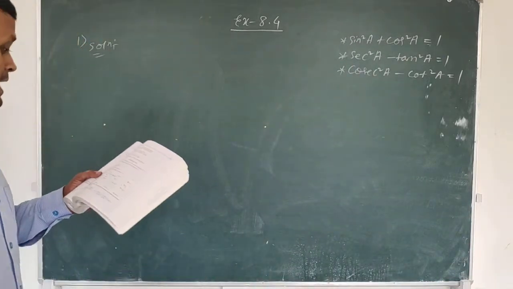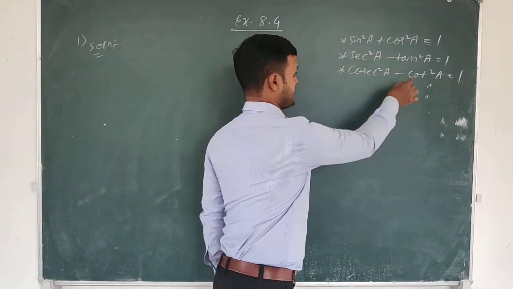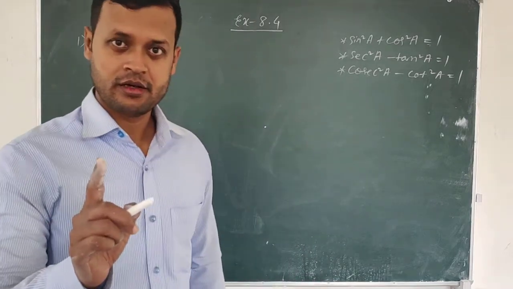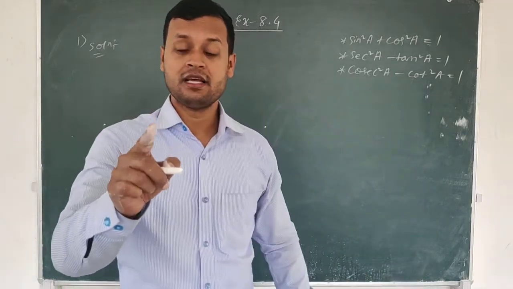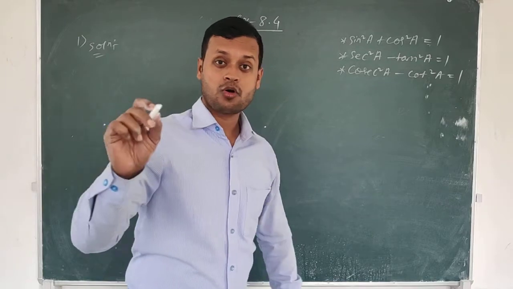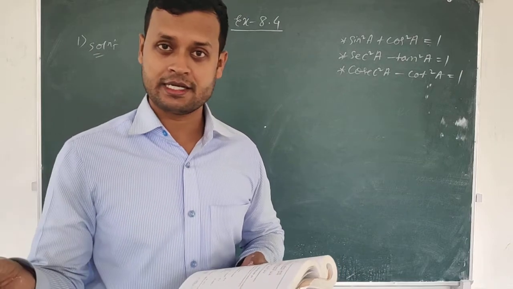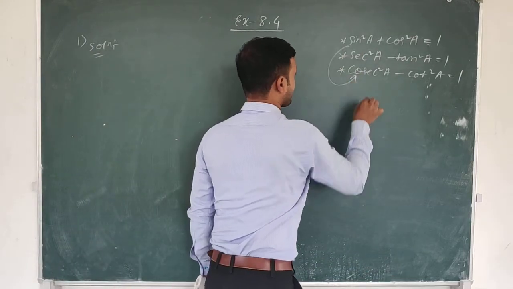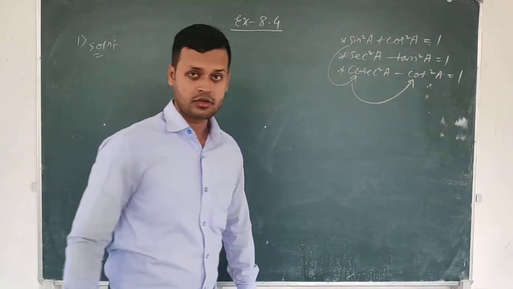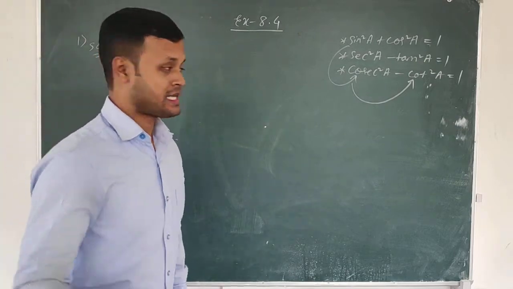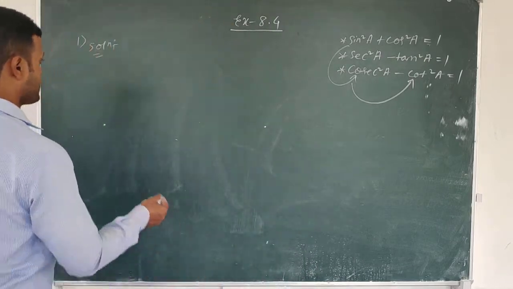These are the relations we will be using. Now, sin and cot are not directly related, isn't it? We are asked to convert from sin to cot, but sin is related to cosec, and cosec in turn is related to cot. What I mean to say is that first we have to convert from sin to cosec, and from the cosec we will go to cot. Okay? So let us see students.